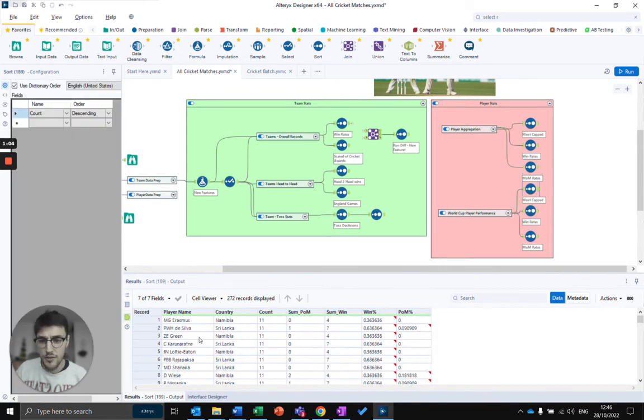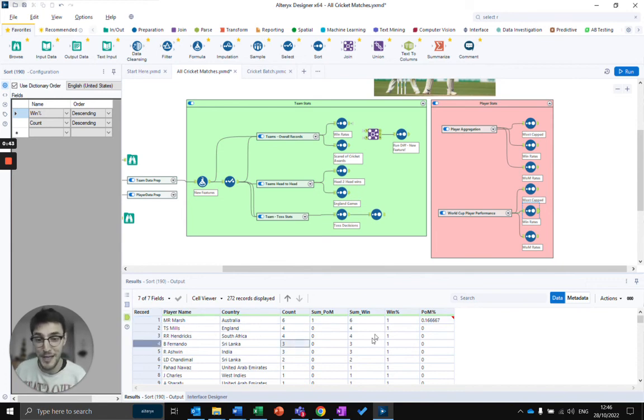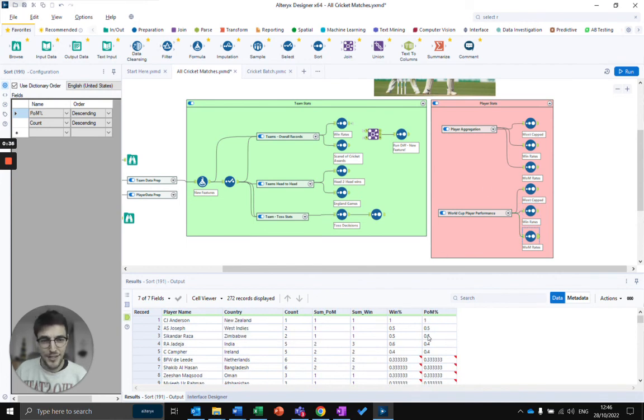We're then able to filter that down just on the 2020 World Cup, see how experience can factor into their performance. A lot of these teams that might play in some of the qualifier games, but featuring quite heavily as we go down to some of the Kiwis, often featuring at the latter ends of tournaments. Then also seeing their particular win rates. Mitch Marsh, a great example for the Australians. He's played 6 games for them all time, and he's won every single one of them, winning player of the match 1 time. Finally, then just looking at all of those players that most frequently win player of the matches